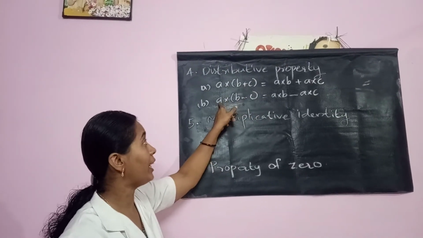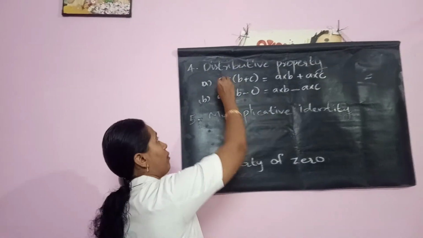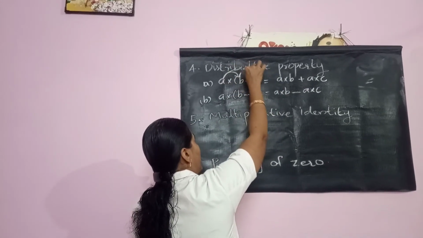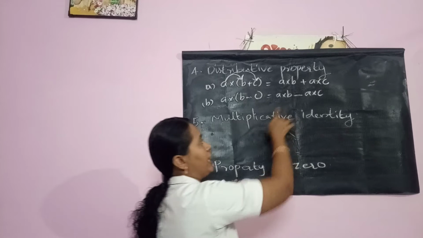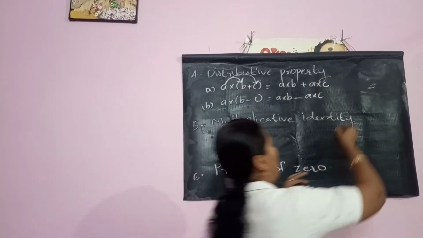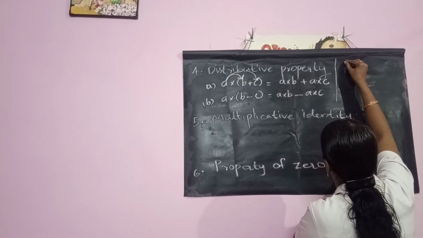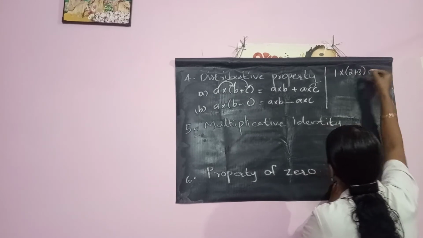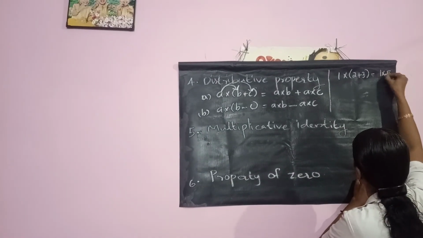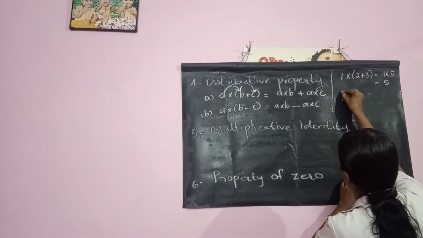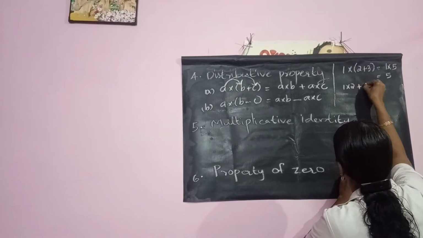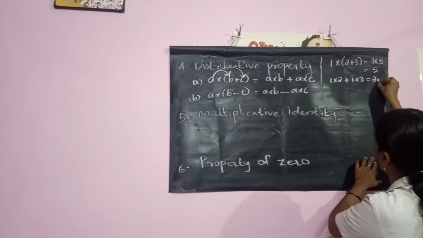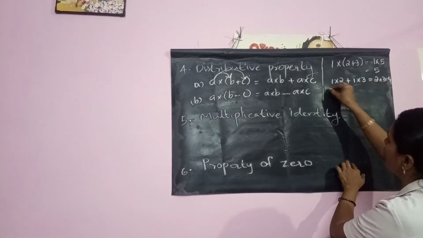Here also we are giving A to B and C like this. When we are giving A to B, it is written as A into B. When we are giving A to C, it is written as A into C, and it is the same in this case also. For example, let us do it on our right side. If A equal to 1, 1 into 2 plus 3. You do it first. 1 into 2 plus 3 is 1 into 5 equal to 5 itself. Similarly, the other one, 1 into 2 plus 1 into 3. Give 1 to both 2 and 3. So, we have 2 plus 3 which is equal to 5 for us.